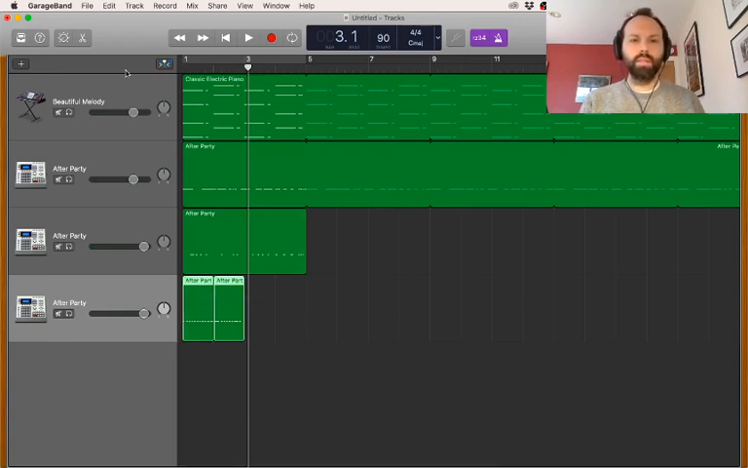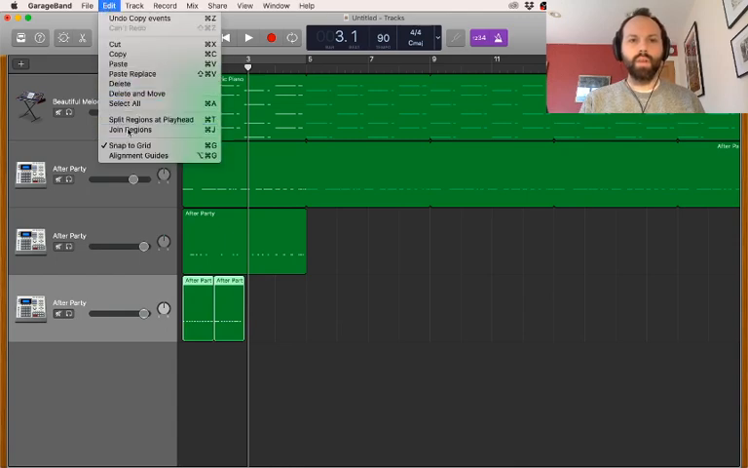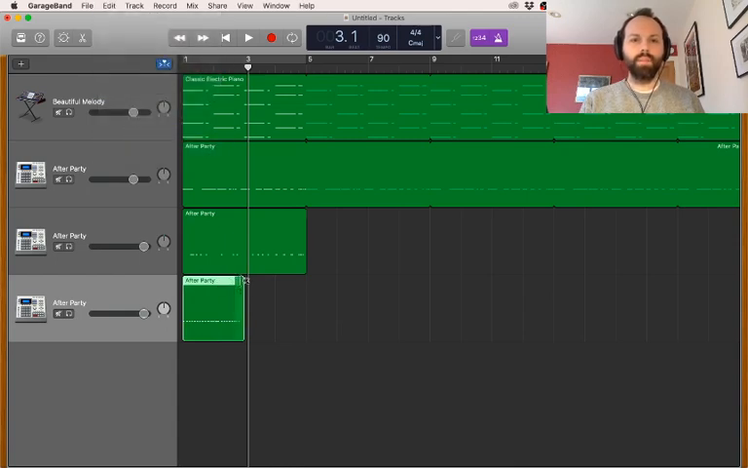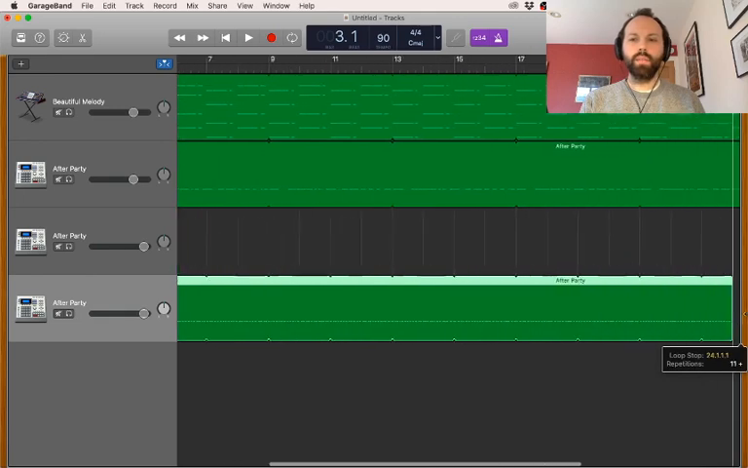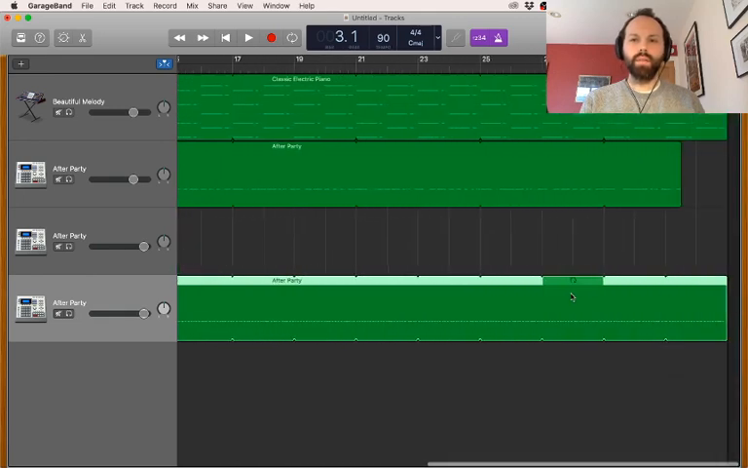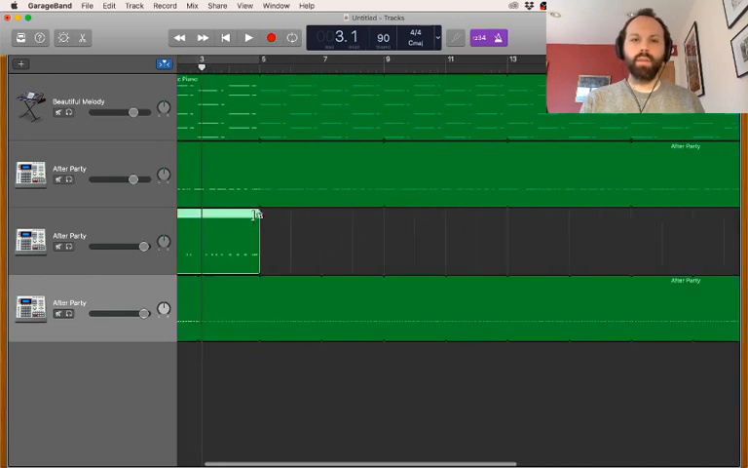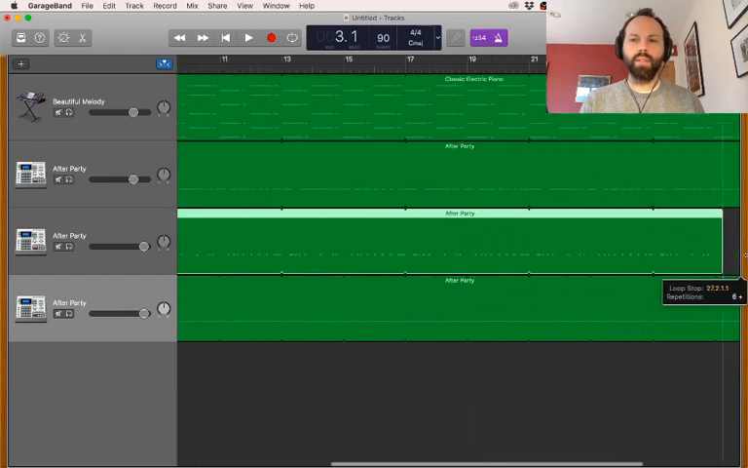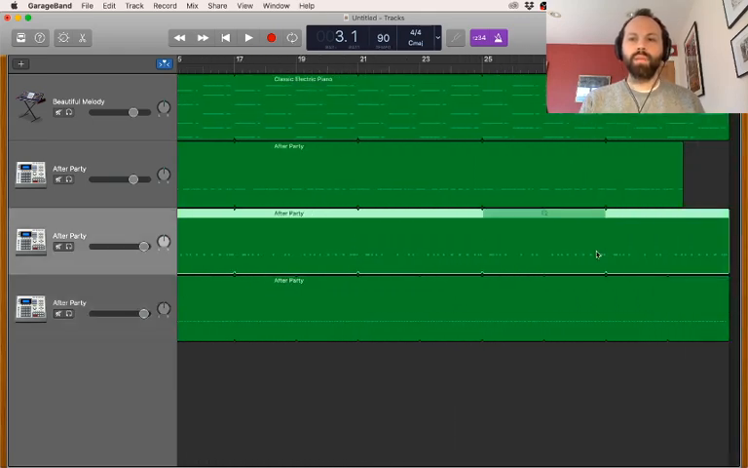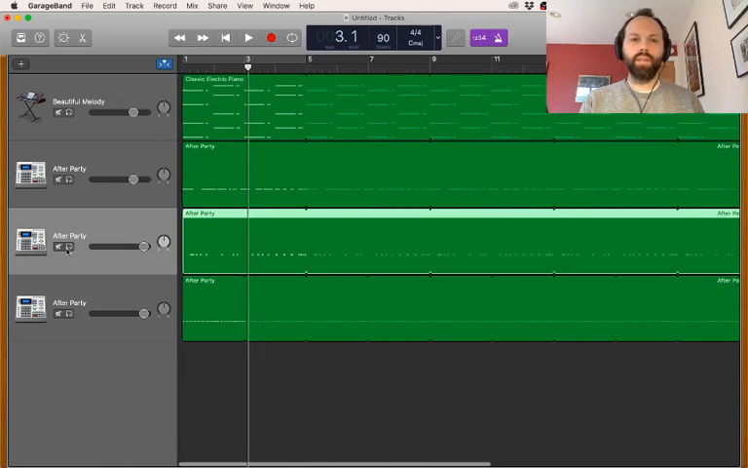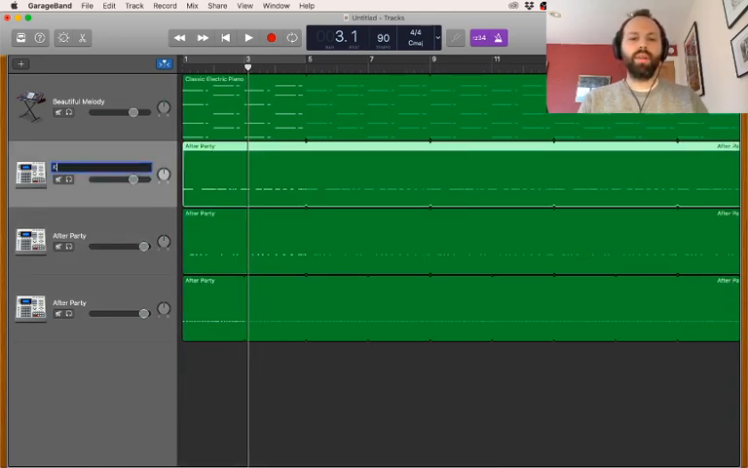So let's select them, go to Edit, and Join. And look at that, now they're one. And I can loop those out. And I'll do the same thing with my snare, which I never did. By the way, it really helps if you name these tracks the right thing. Right now they're all after party, so you can easily get confused. But I can go here and just hit kick,